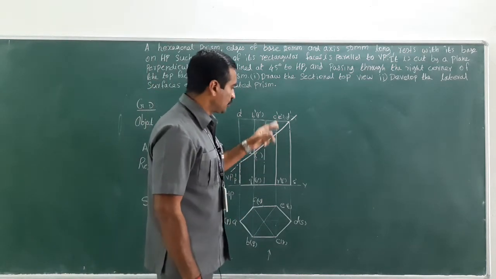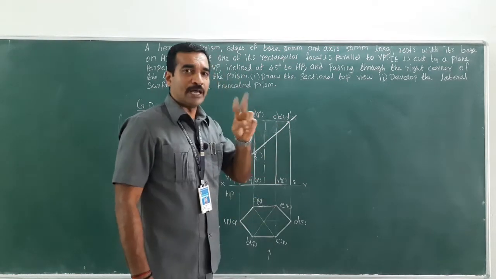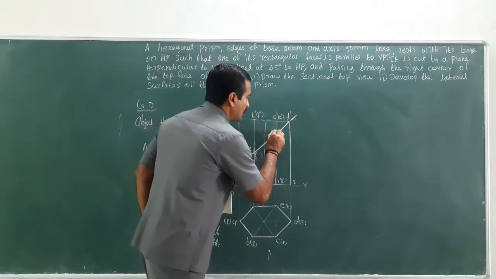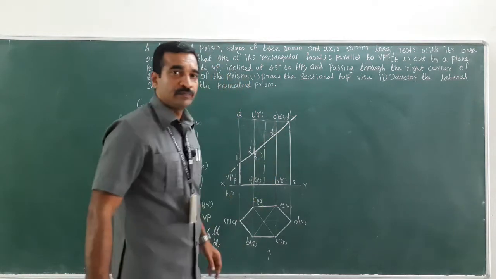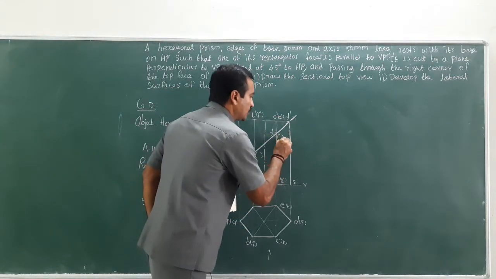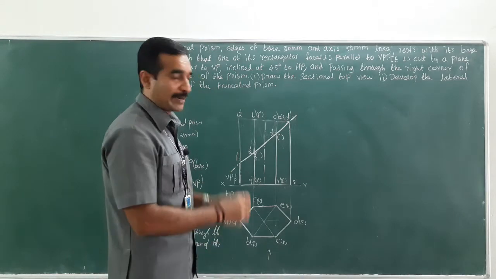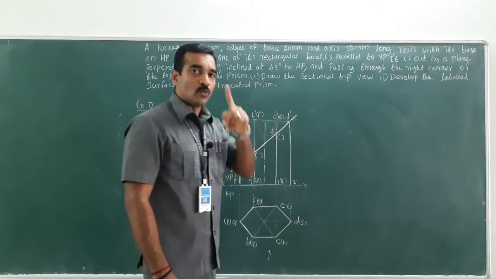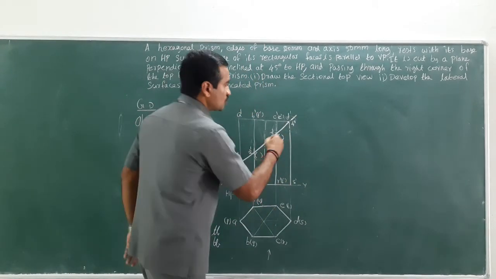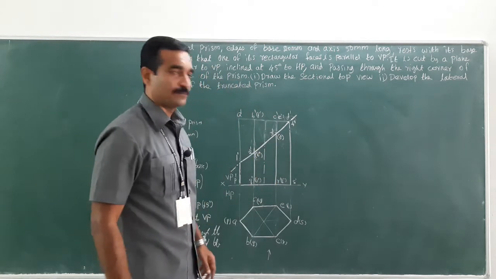Right. Let's move to the next longer edge, CR and ET. Two longer edges are there. The visible is CR, so visible would be 3 dash. On ET longer edge, one invisible is there, so that can be left as a blank within the bracket. Now look at here, DS, only one longer edge, so this could be 4 dash. Now start marking the invisible as 5 dash and 6 dash.